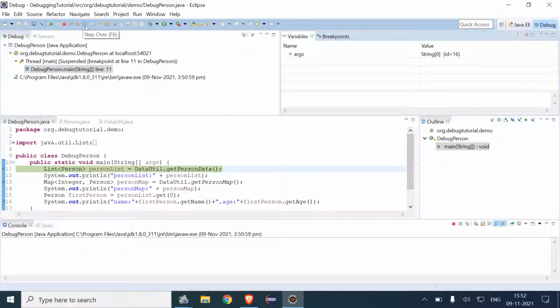So if we click on step over again, the control will go to the 13th line, and if we click again, after the 13 it will go to the 16.